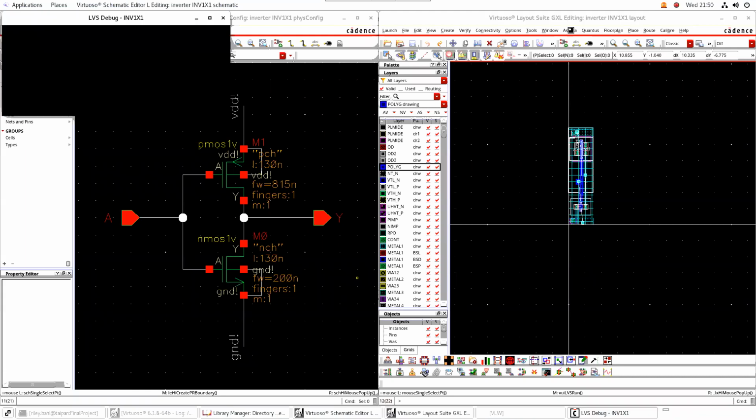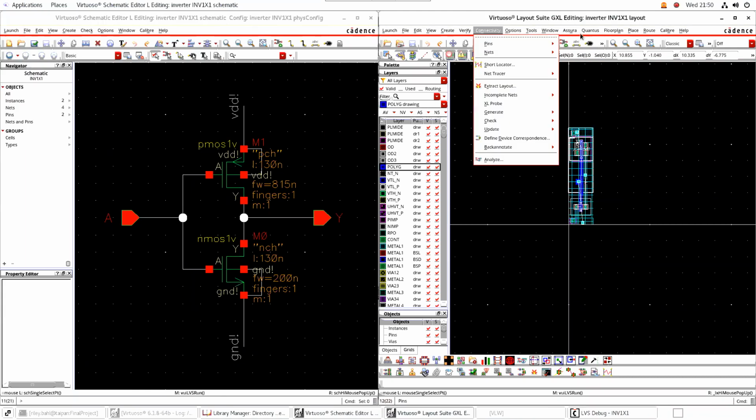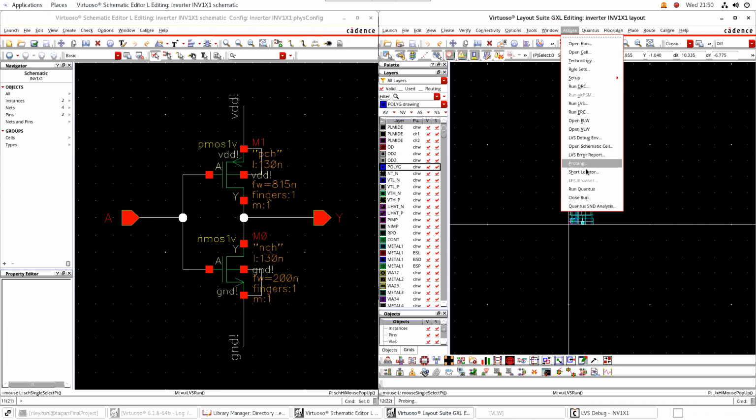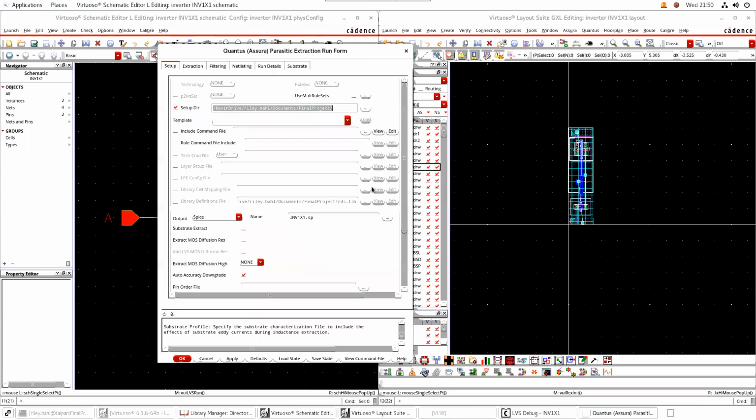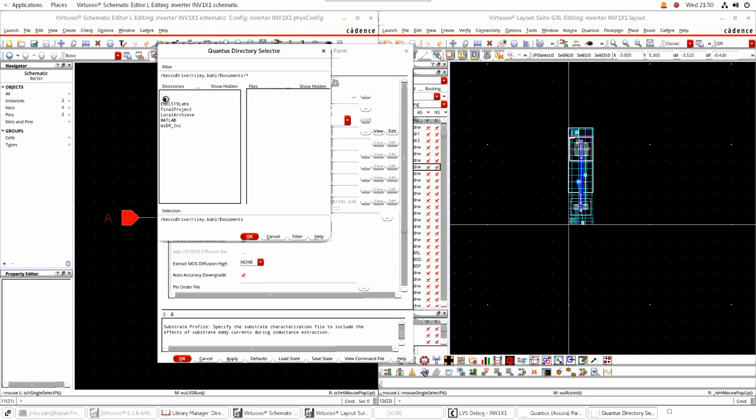Now what we can do is we can go to Quantus. And it'll say stuff like that, and it'll be upset about it. What we do is there should be a directory here that the fab will provide,